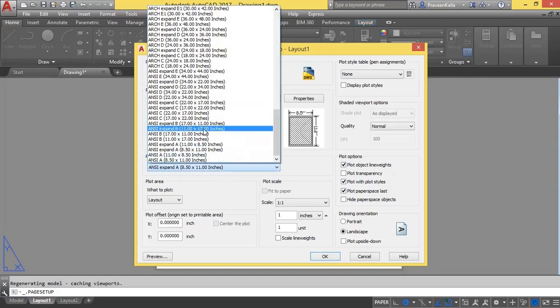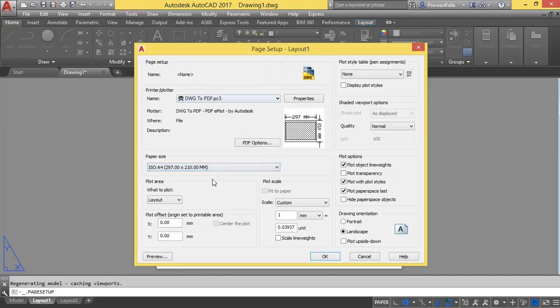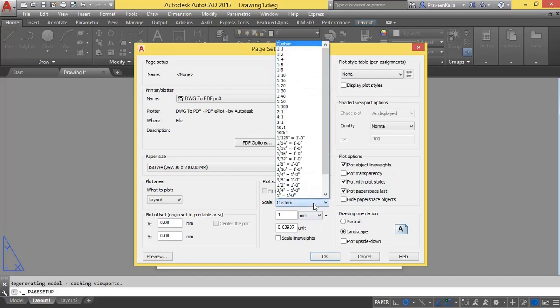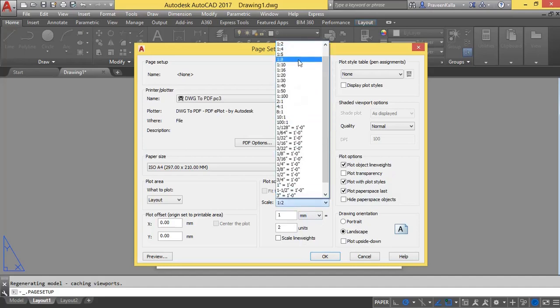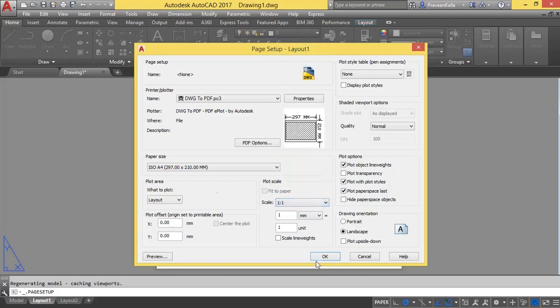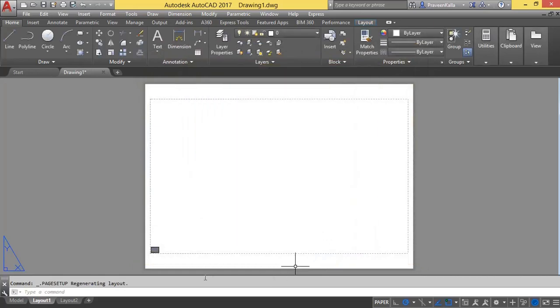And I will select the paper same as what I selected in my model space, ISO A4 297 into 210. What to plot is layout, and 1:1. Press OK. Close your page setup manager window. This is how your layout looks.